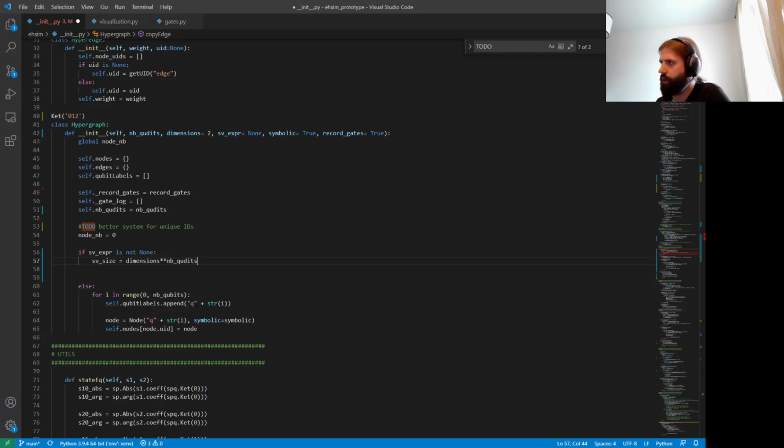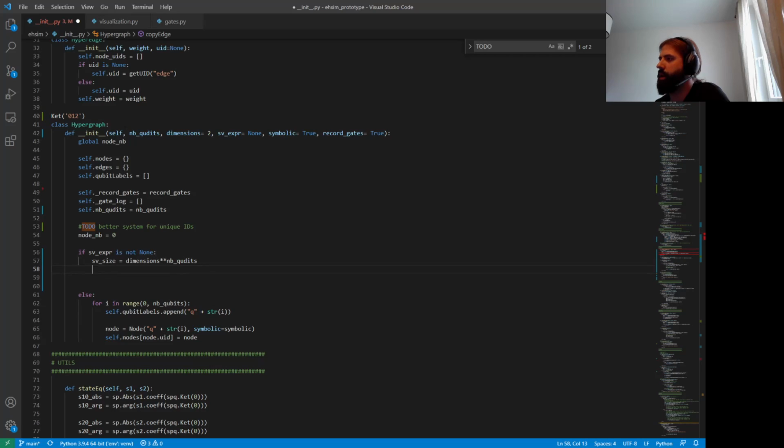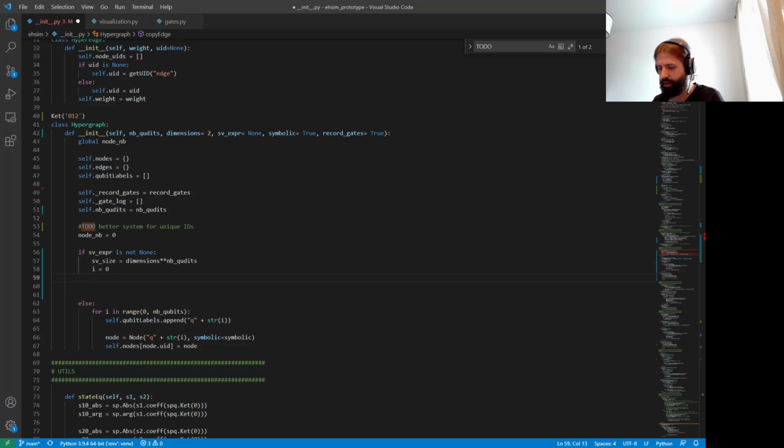So I need to basically, how can I do that? There's a lot of Python trickery involved in here, I guess. So I need to essentially, so i equals 0, and then while i is smaller than the SV size,